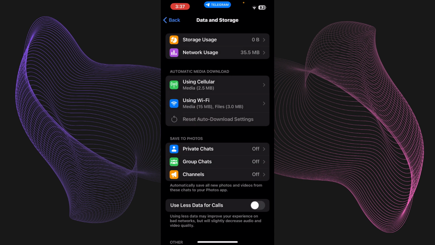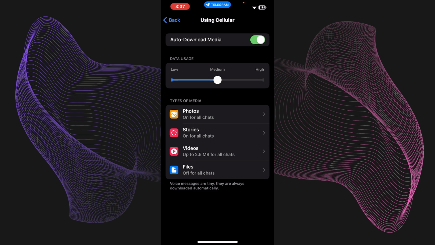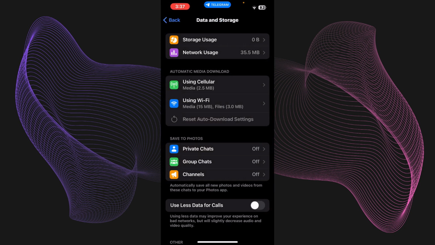Now after that, you gotta go back, and right over here you'll see the option of automatic media download. Now right over here, using cellular means using your phone data. So what you gotta do right over here is just set it to either medium or low. Because if you use your mobile data or you're using cellular a lot, you just gotta go ahead and put it on medium just like this,